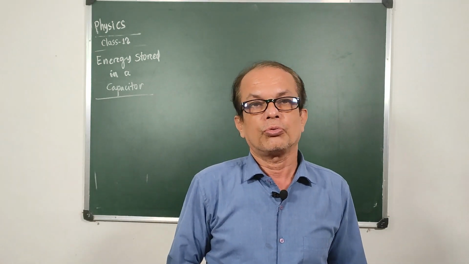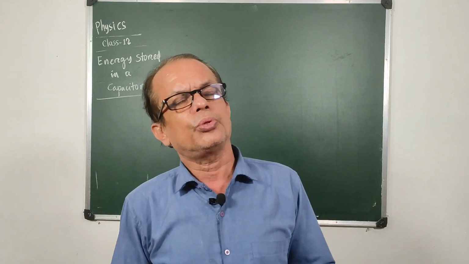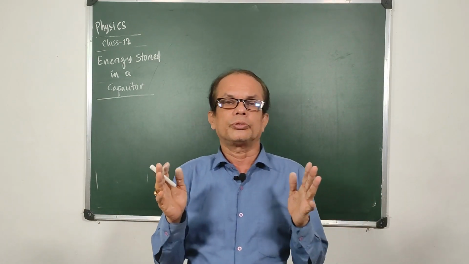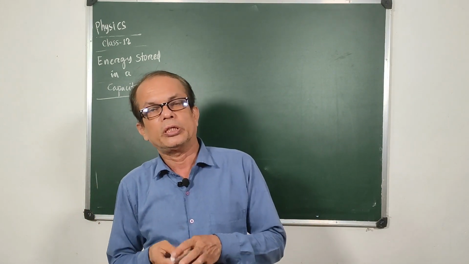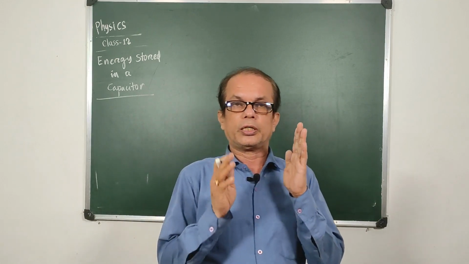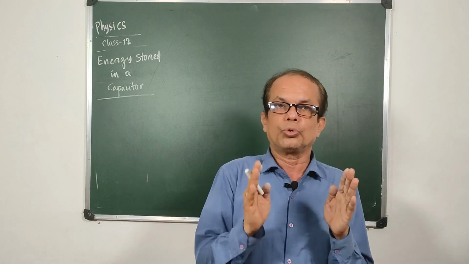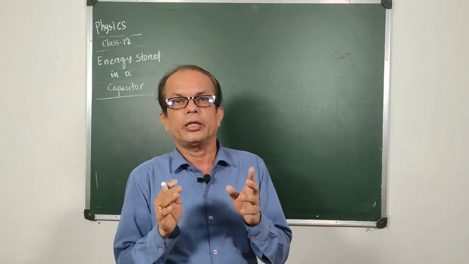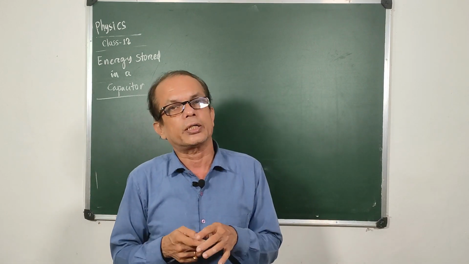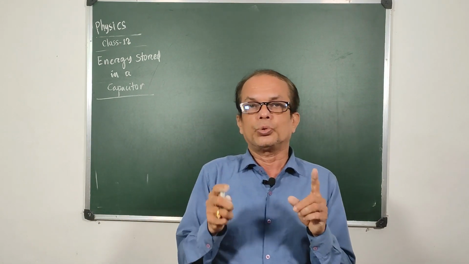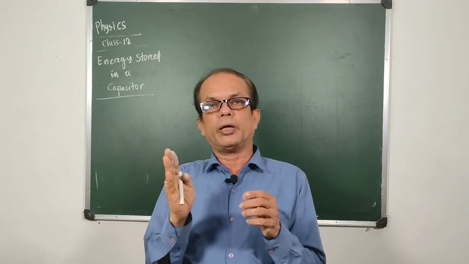In this period we are going to determine the energy stored in a capacitor. As you know, whenever we are charging a capacitor, what actually happens inside it? There are two charged plates, conductor 1 positively charged, conductor 2 negatively charged. Instantly they do not have any charge at all, but as we get it charged on and on, gradually a charge gets transferred from, say, the second plate to the first plate.